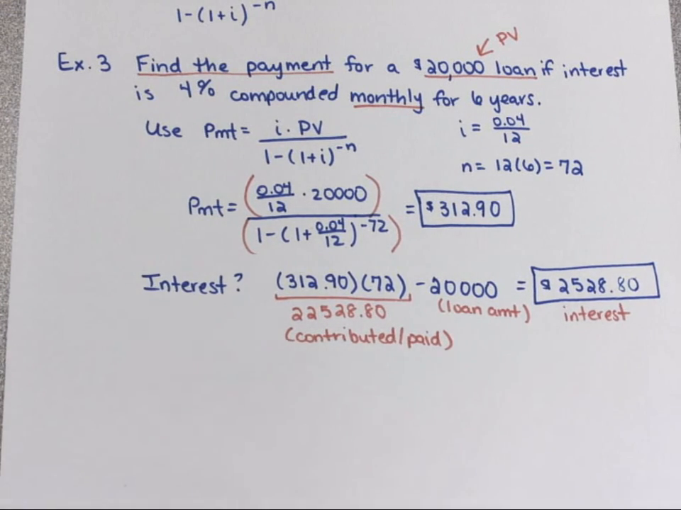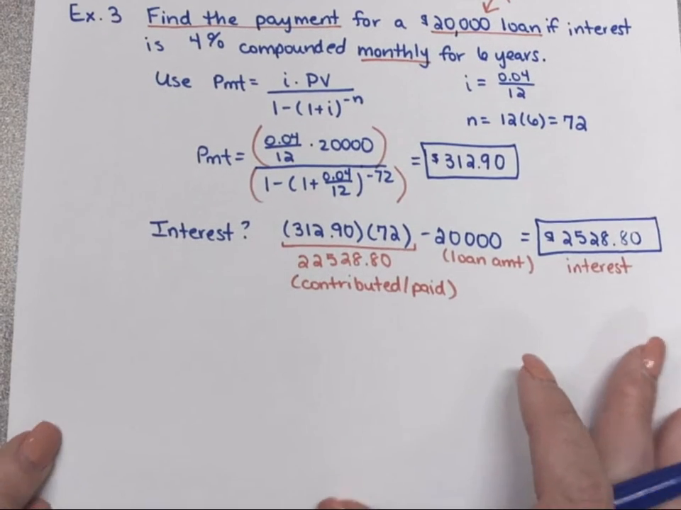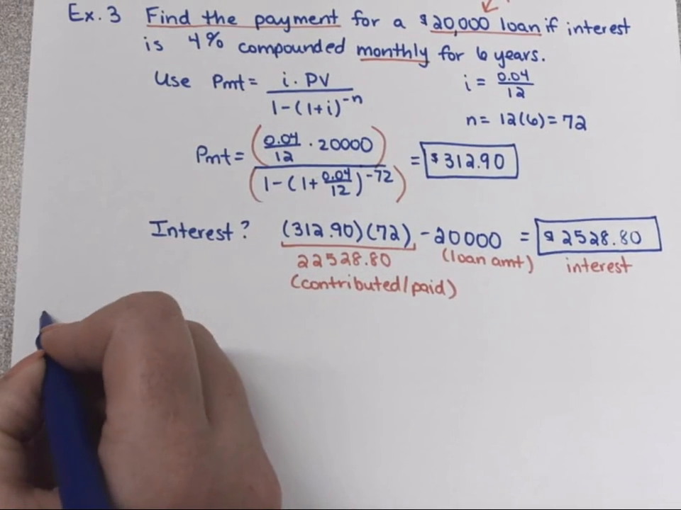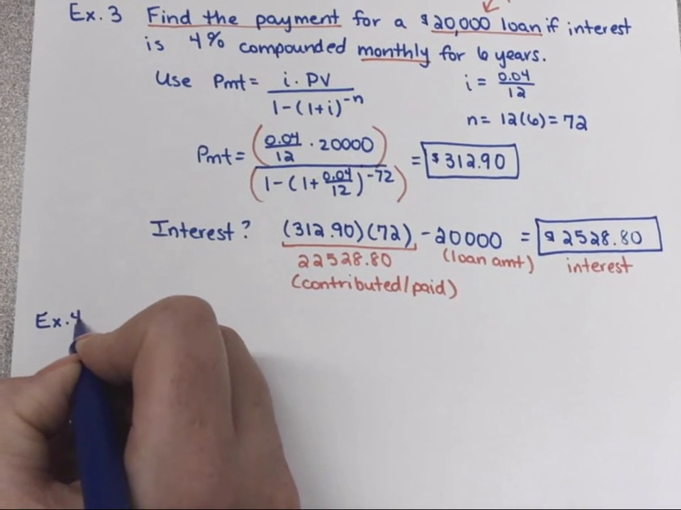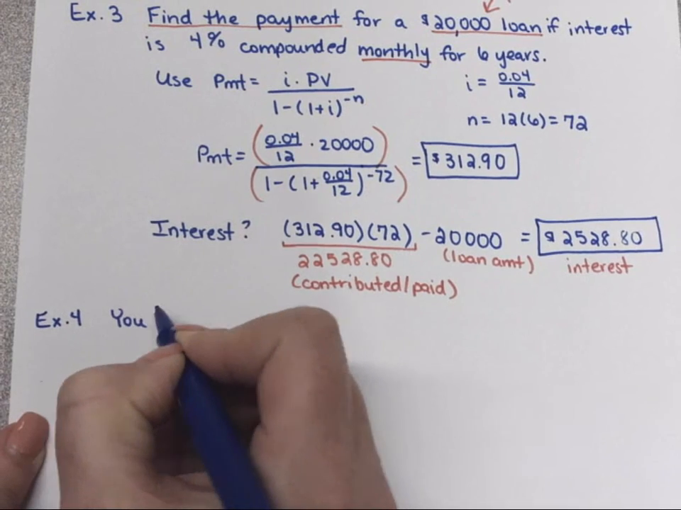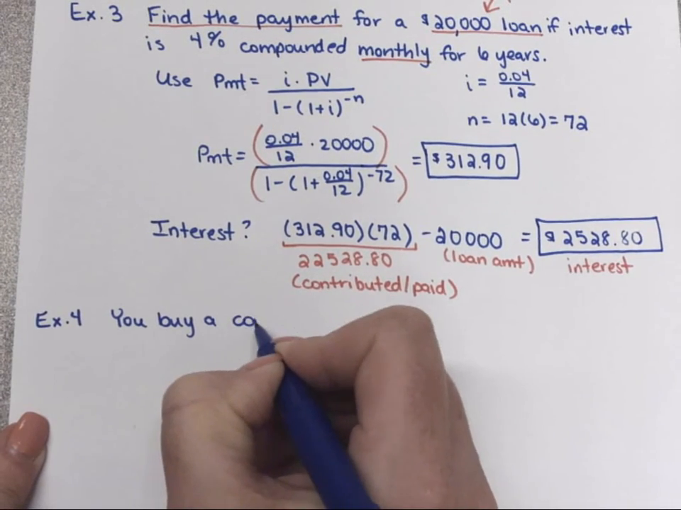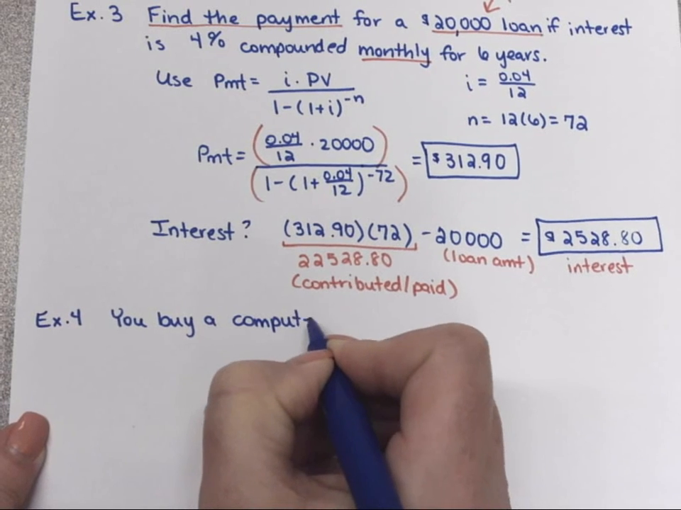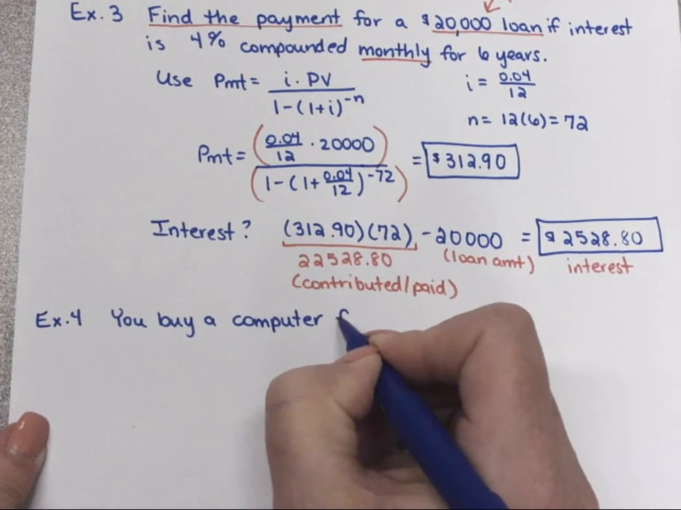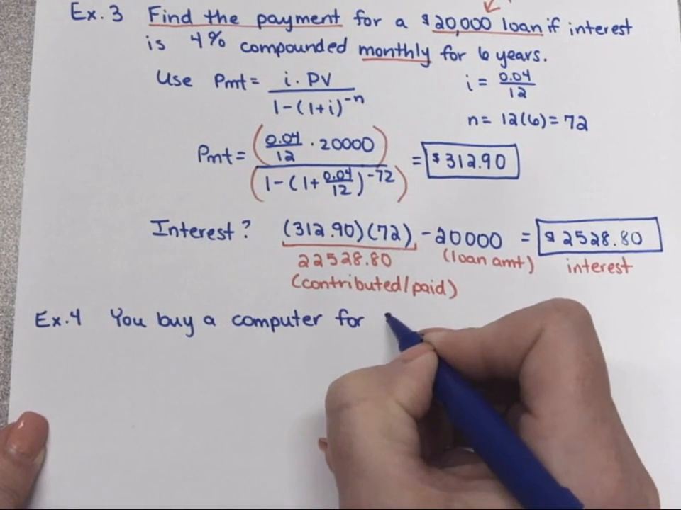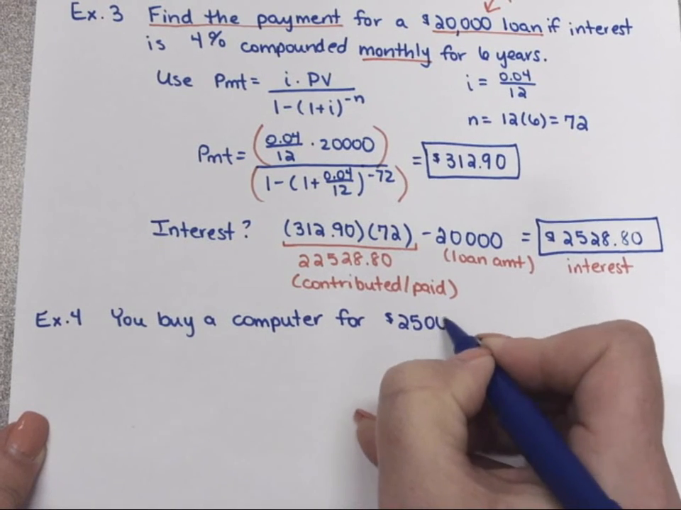Okay, so let's look at another problem. I'm trying to vary the wording that you might see in these various types of questions, because I think that's really half the battle, is reading through the question and figuring out which formula to use based on what it's asking. So let's say you buy a computer for $2,500,